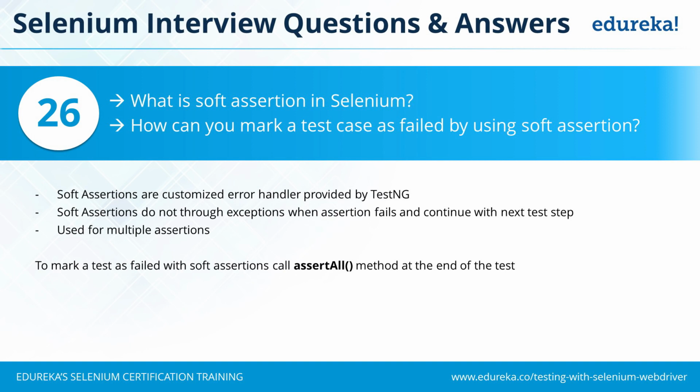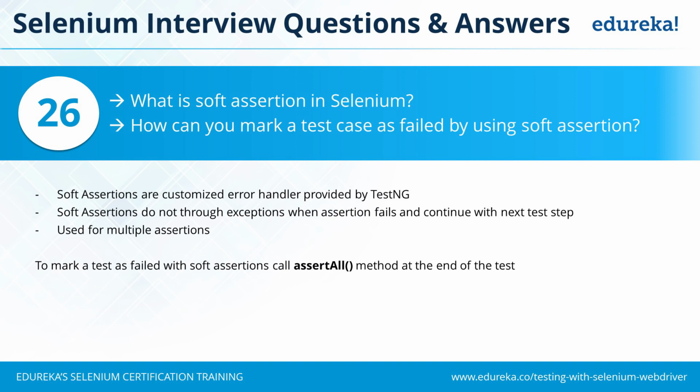So my soft assertions allowed my test to execute completely instead of stopping at the first point, that is at assertion A, because assertion A failed. Otherwise I wouldn't have executed the rest of the steps and known whether the rest of the things are in good shape or bad shape. So you can put multiple soft assertions and also ask the test case to fail if the assertions have failed. So how to do that?